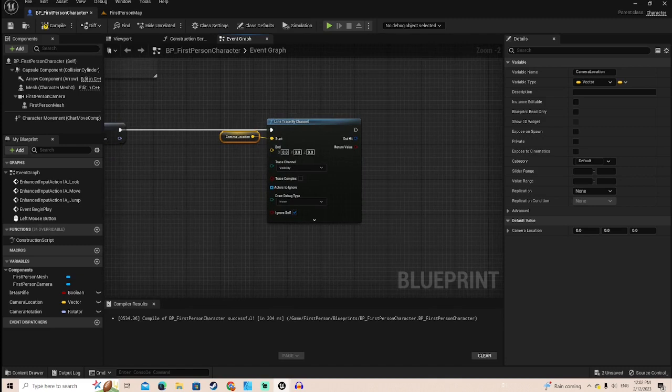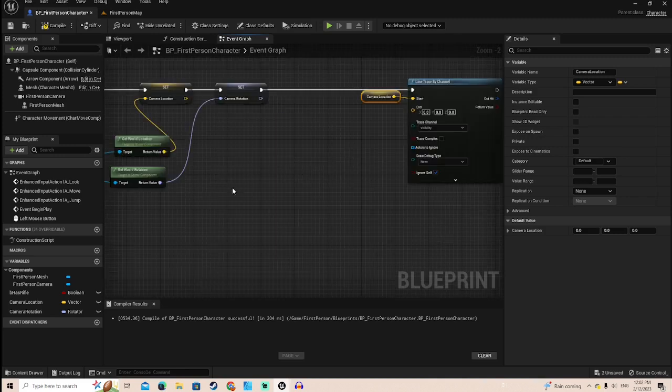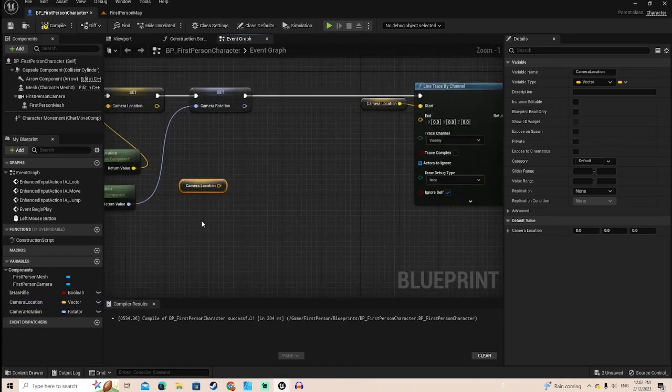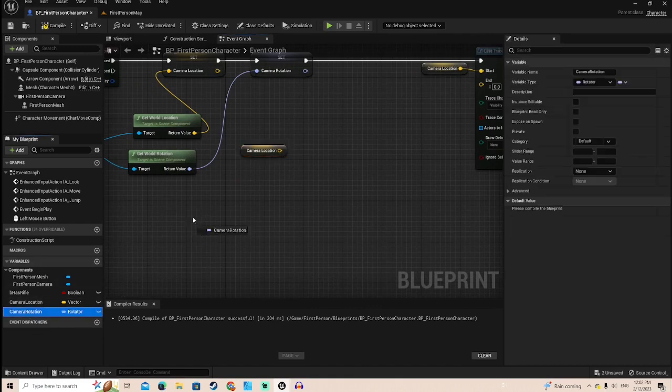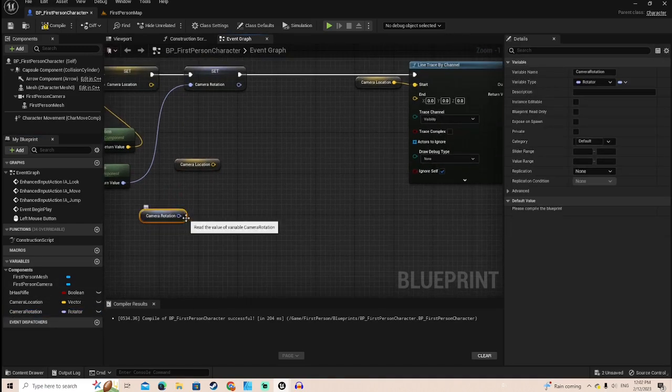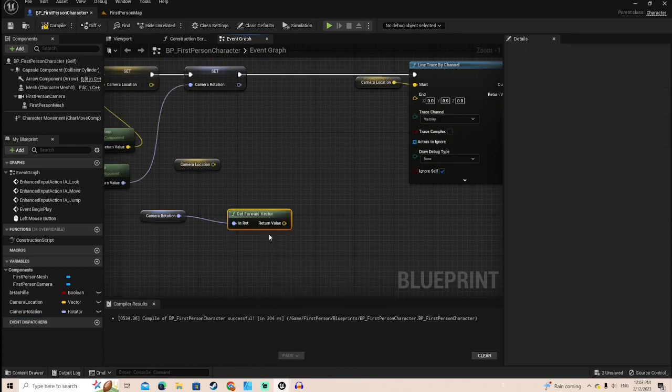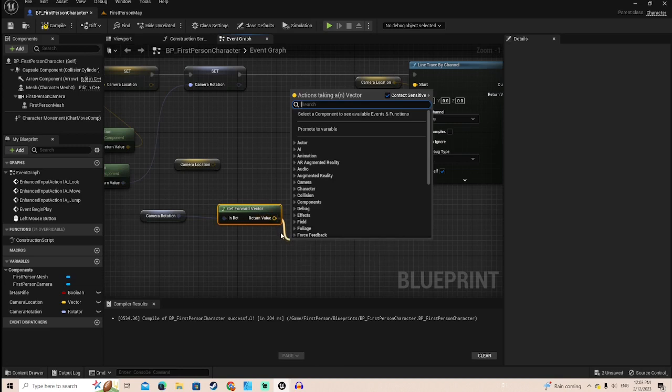And this is going to be the path of our projectile. And then the end point, we're going to get camera location again, and we're going to get camera rotation. We're going to get the forward vector, basically wherever you're facing in the world. And then we're going to multiply it